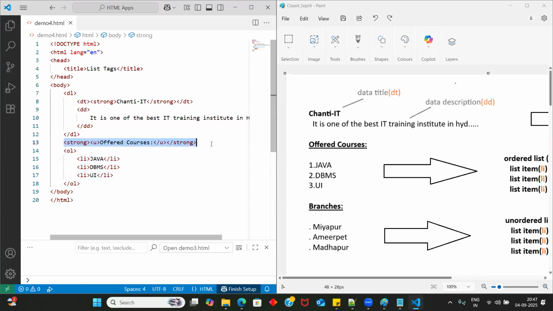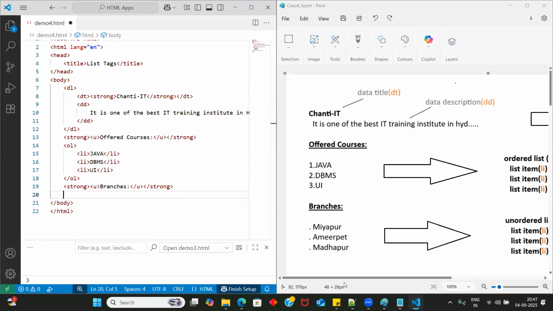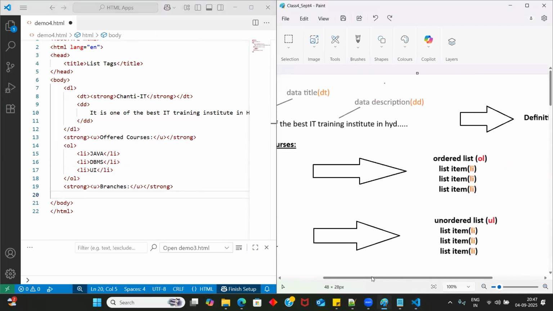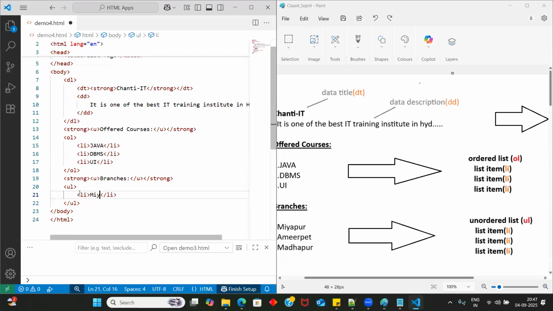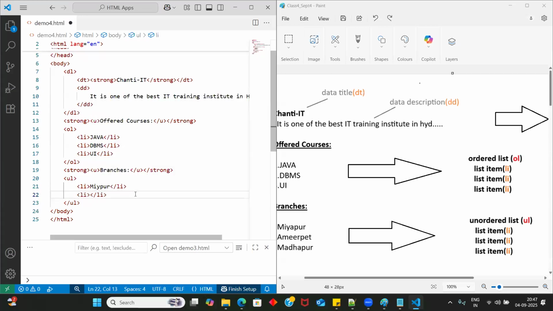Okay. And similarly, guys, after this, you decided to print branches, right? So let's display the branches. Tell me, guys, which parent tag to use to display these dots. UL. So UL is your parent tag, and again you have to use LI. And there, guys, you can start writing your locations like Miyapur,